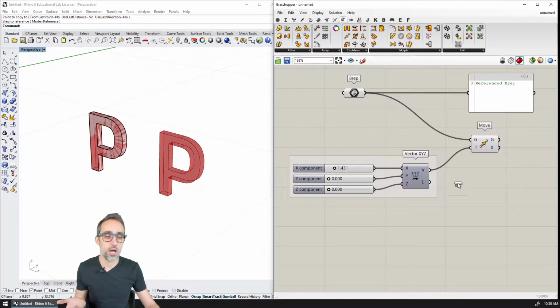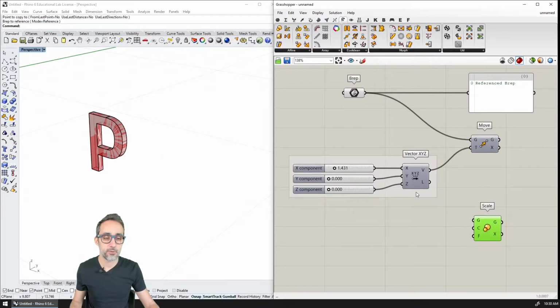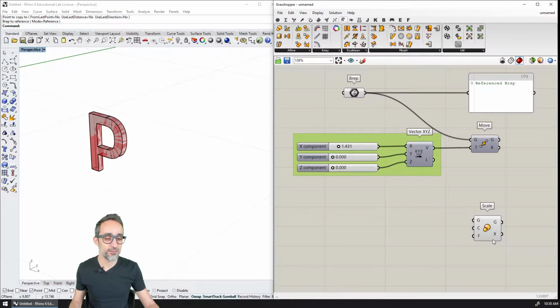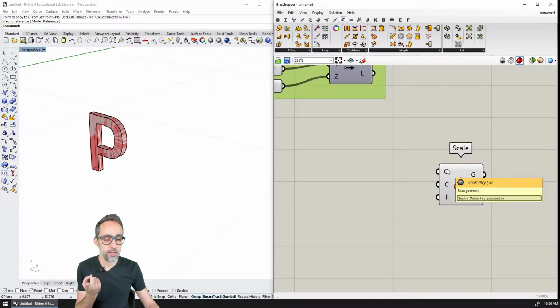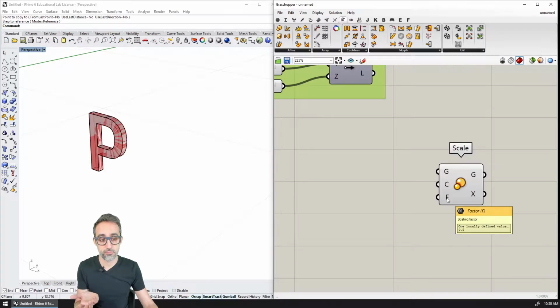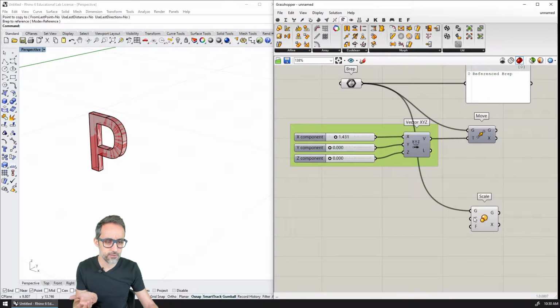So for example, I can take this, I'm going to hide this one, and then I'm going to move all of this here, and then I'm going to look at the inputs. G is going to be the geometry I want to scale. C is going to be the center of scaling, because scaling actually needs a center point of reference for the scaling, and the factor. So I'm going to plug in here the B-rep, and then for the center,